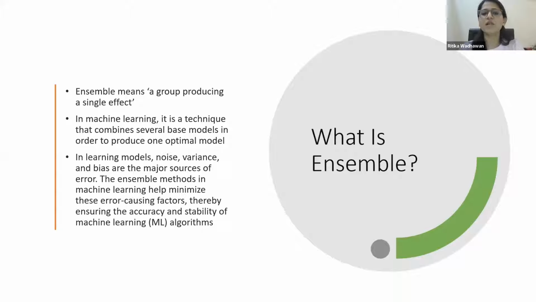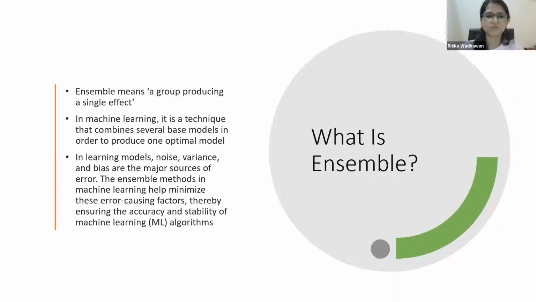Now, there could be multiple sources of errors when we speak about machine learning algorithms. It could be noise, it could be variance, it could be bias. And Ensemble techniques help to minimize these error-causing factors and thus ensure accuracy and stability of the machine learning algorithms. Now, how is it done? We'll learn that later. First, let us try to understand in detail with the help of a few examples